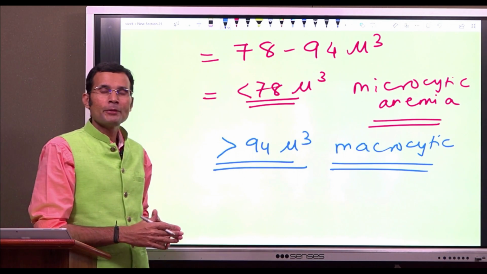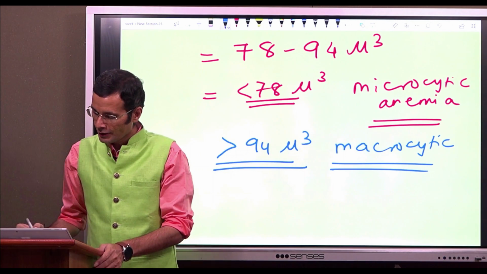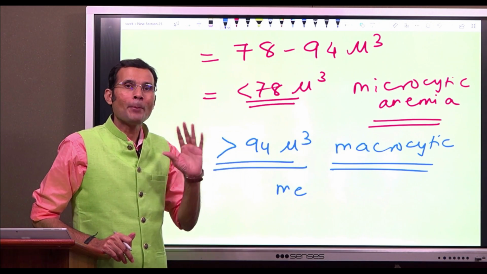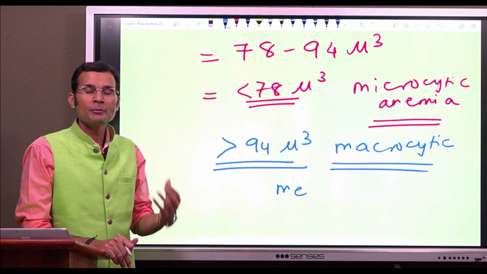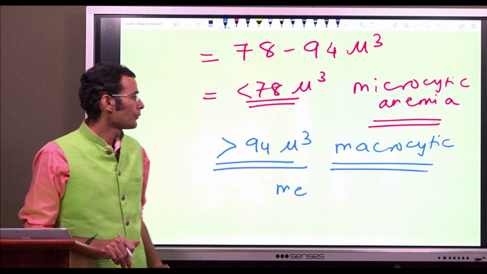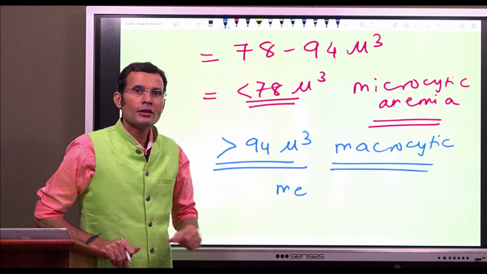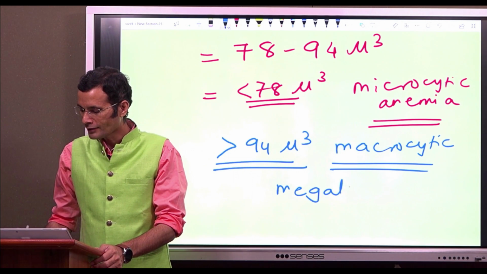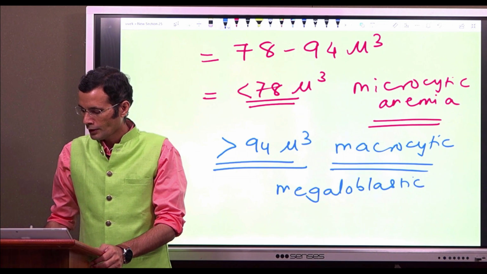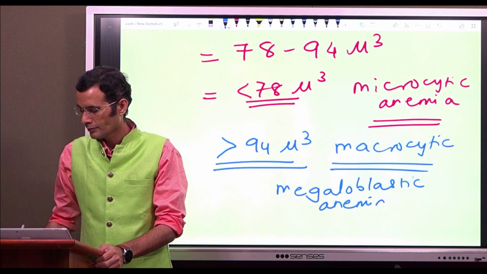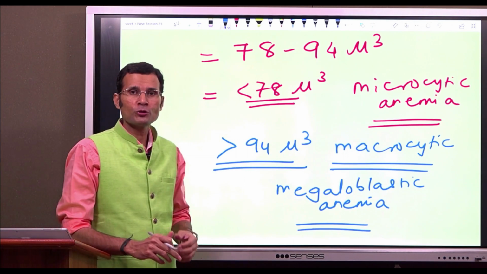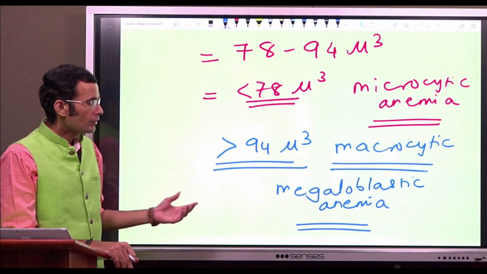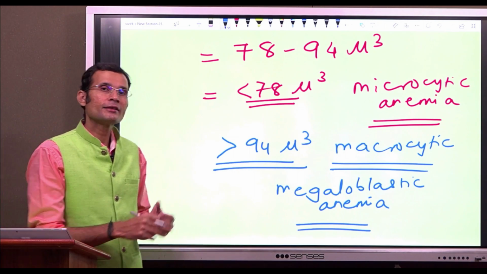Now, this obviously happens with another type of anemia. This is how it will appear morphologically. You will call it macrocytic anemia. The RBCs are appearing as macrocytes, and etiologically speaking, it would be megaloblastic anemia. The reason that the RBCs are macrocytes, large sized, is megaloblastic anemia resulting from vitamin B12 or folic acid deficiency.